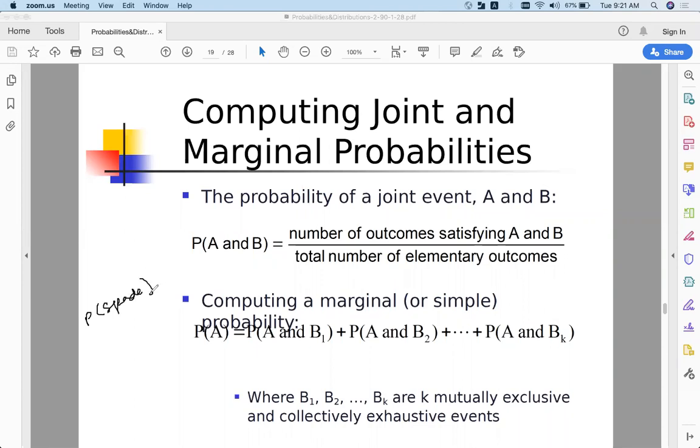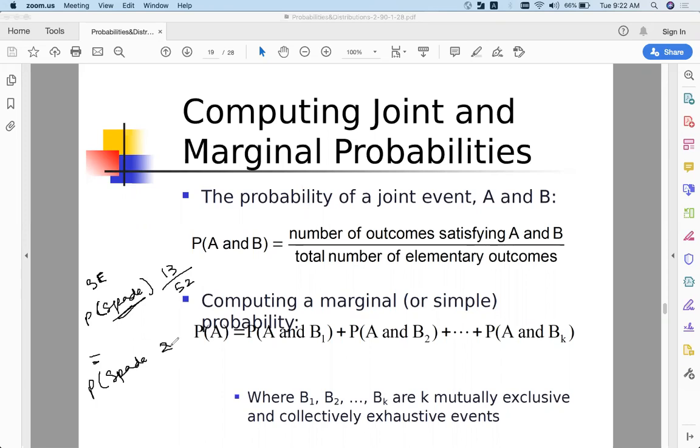Is this a simple event or a joint event? Simple event, because only one characteristic. Okay, now let's write it. What is the probability? We have 13 spades, and what are the total cards? 52. You can write this as the probability of a simple event. You can write this as probability of spade